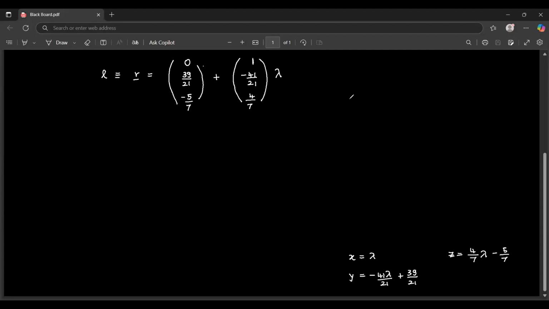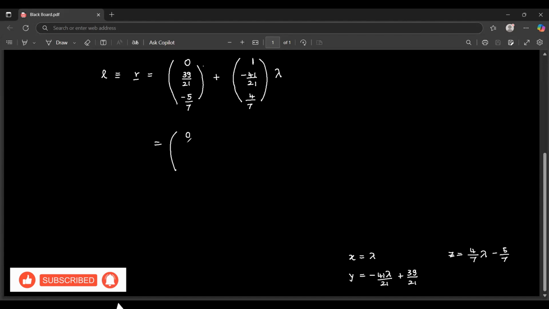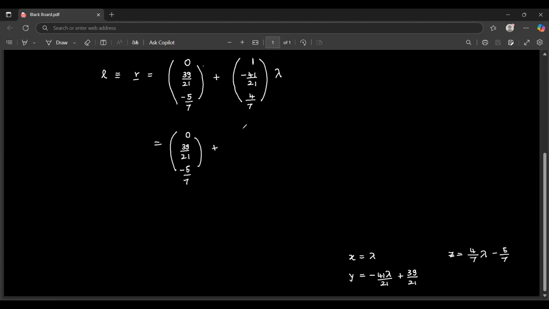If you want to make this equation look without fractions, what you can do is multiply by the largest denominator. In this case, the largest denominator is 21. So if you multiply lambda by 21, you will get a value for all these things. So let's write that down: 0, 39 over 21, minus 5 over 7, plus, you multiply everything by 21, you will get 21, minus 41,